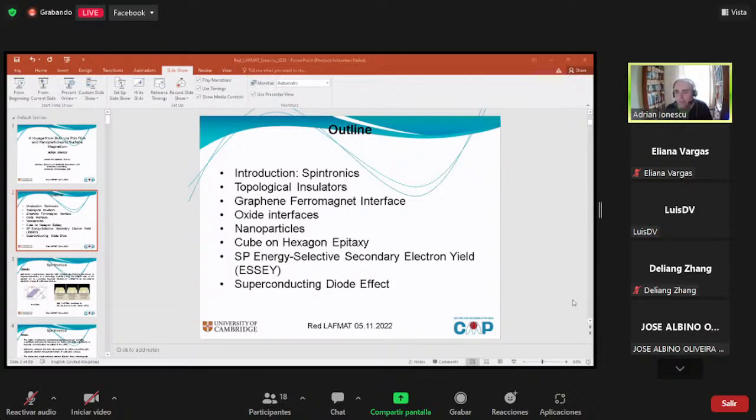We're gonna look at the superconducting diode effect. No one with the graphene. That was or spin polarized electron loss spectroscopy. Okay. So what else was mentioned? Oxide interfaces. Okay, that is... I see here topological insulators and nanoparticles. Okay, what about then? I start with the general introduction, and people can still choose some of the things, and we see as the votes come in what else I will talk about. Okay, so